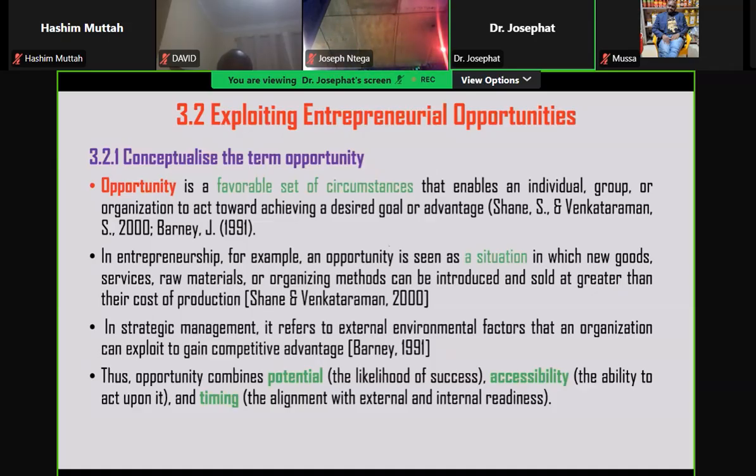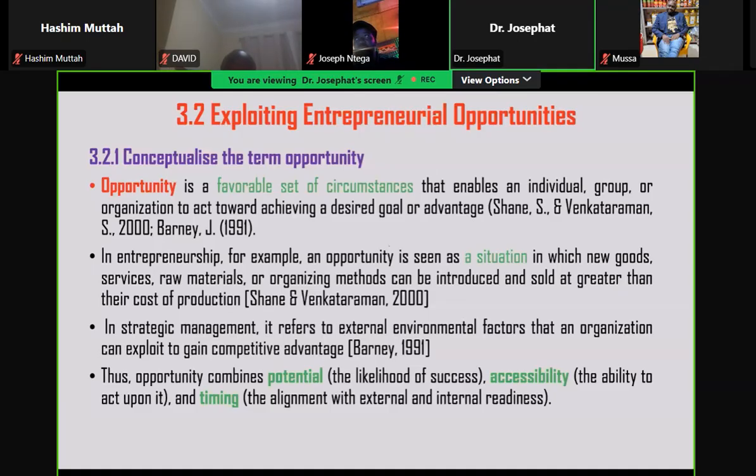So there can be those favorable terms of circumstances that enable individuals, groups, organizations to act towards achieving a desired goals or advantage. In entrepreneurships, for example, an opportunity is seen as a situation. A situation can be a challenge. A situation can be a problem. A situation can be the needs in which a new goods, a service, raw material, organizational methods can be introduced and sold at a greater than the cost of productions. That means you have returns. That's how we talk about viability and the visibility of opportunities. So opportunity can be viable, but also cannot be visible. Visible that cannot be implemented, but the viability we talk about in terms of economic benefit that you can get